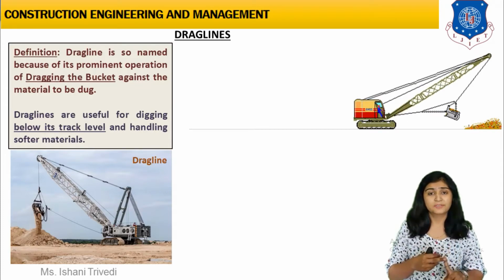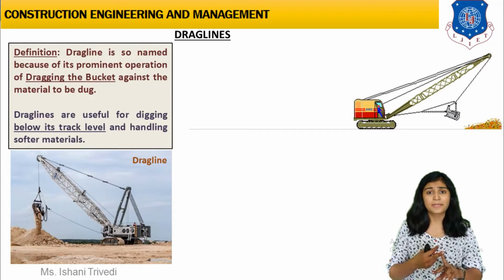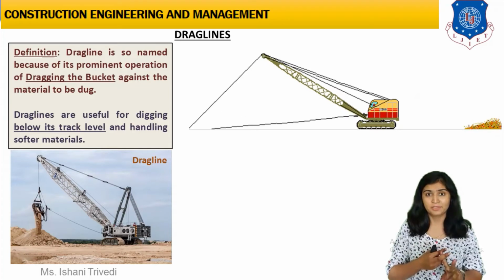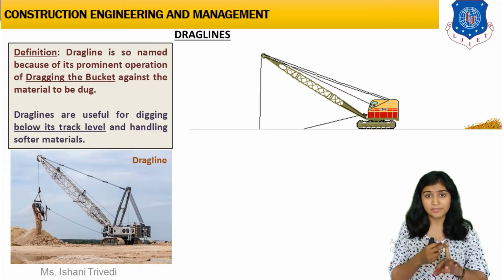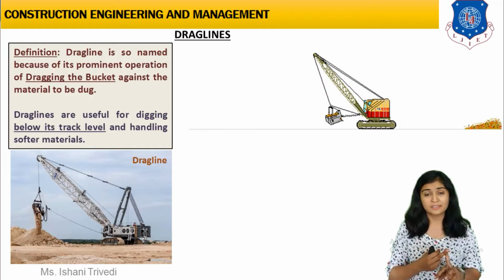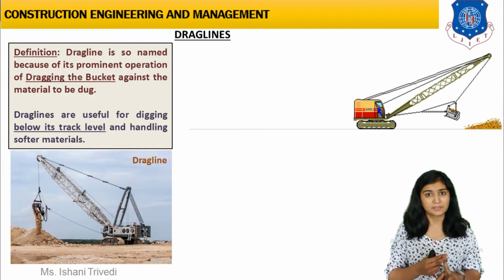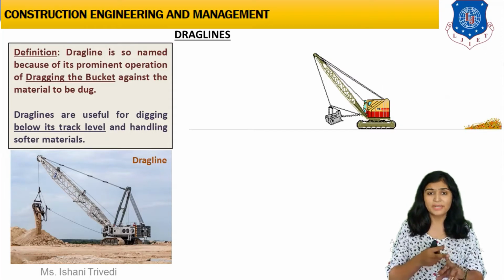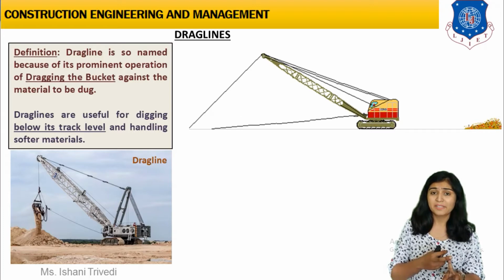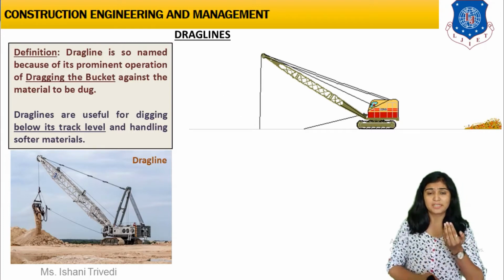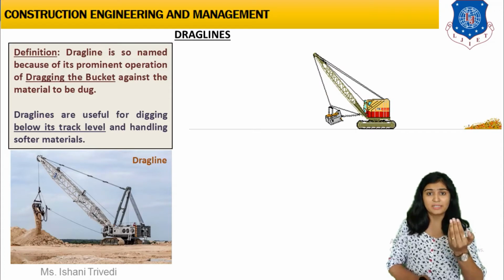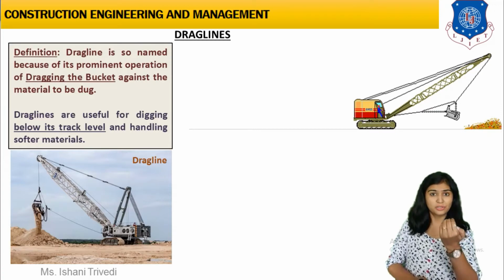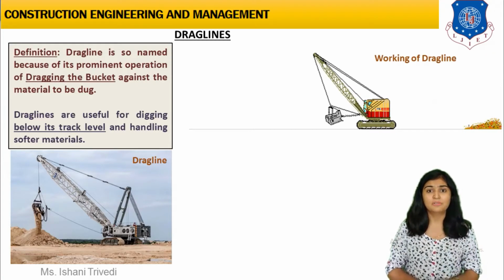So here a skilled operator will be present, and then we can see that in the power shovel we had a boom stick and arm. Here, instead of a boom stick, we have a boom crane. Can you see a crane is attached to the crawler mounted cabin? Yes. So the major difference is, first, a crane is mounted as a boom, and second, the bucket excavates in such a way that it is dragging the bucket into the soil and digging the soil in the opposite direction, coming towards you, towards your operating cabin, right? So this is how a drag line works.